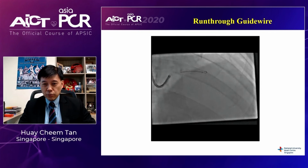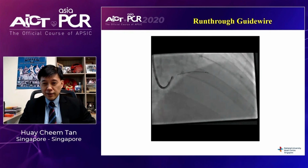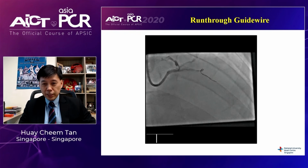So I noticed that the wire was able to pass through the proximal lesion and it tended to form loops inside the aneurysm. And I decided, hey, perhaps I can actually loop this wire so that the distal end goes to the distal LED artery. And this was the only thing that was different from what I did beforehand. There I was willing to undertake the risk of having a wire loop inside the aneurysm and go down to the distal LED. And I was actually quite lucky because in so doing, I managed to pass through the wire